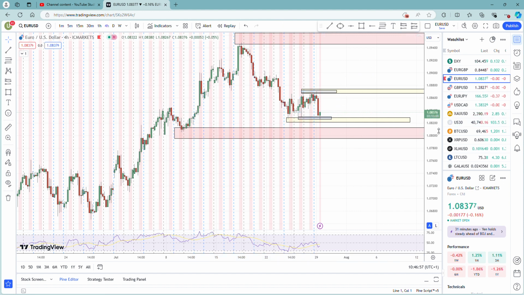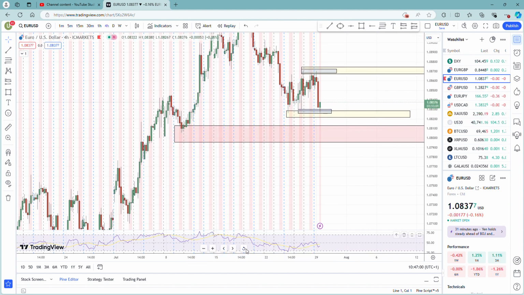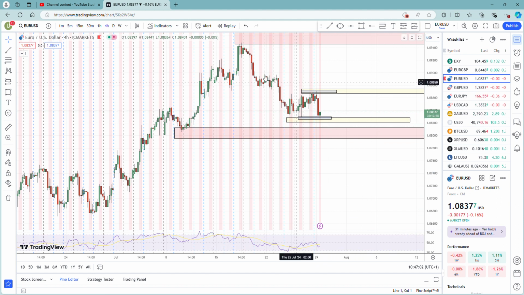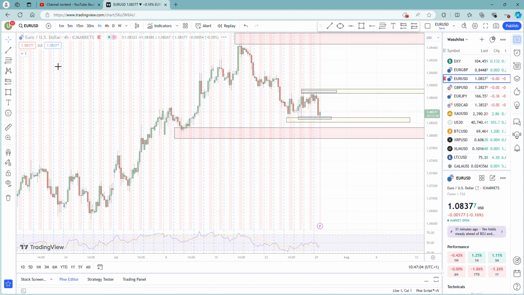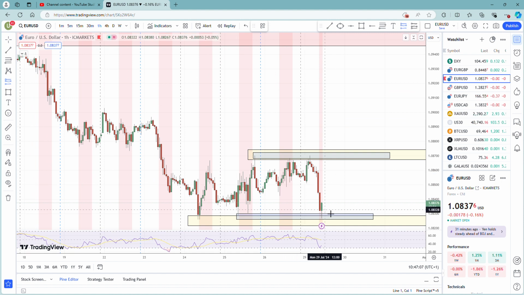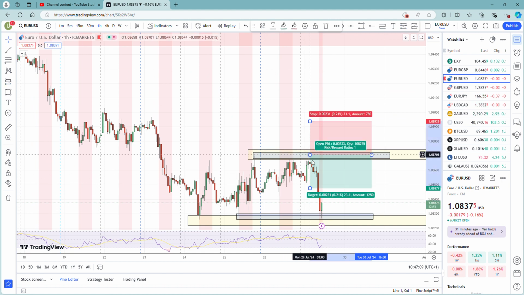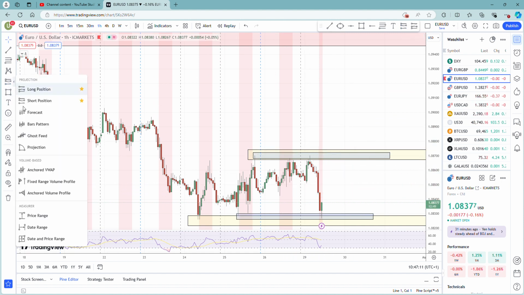And here's your H4 levels from last week. They still stand correct as they are. No need to update them. And then if you go to H1, get the Fibonacci tool out, you can see